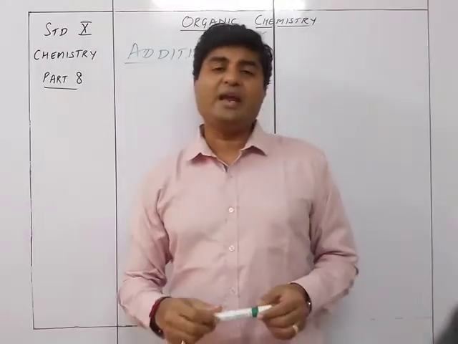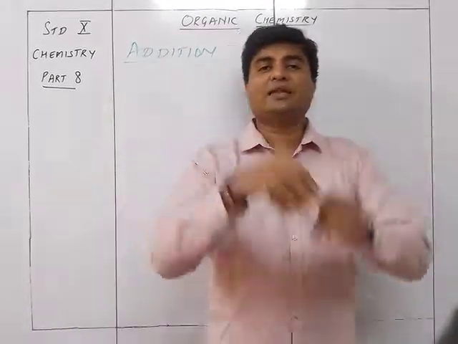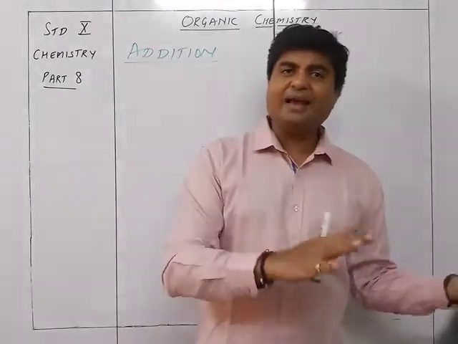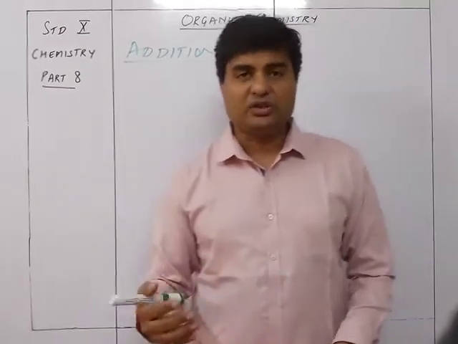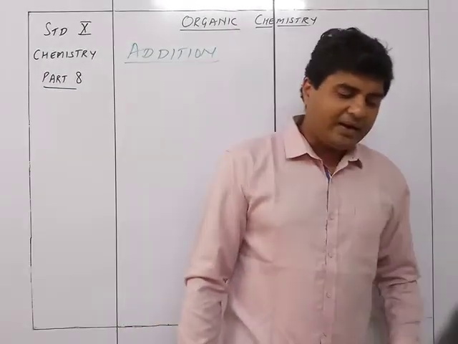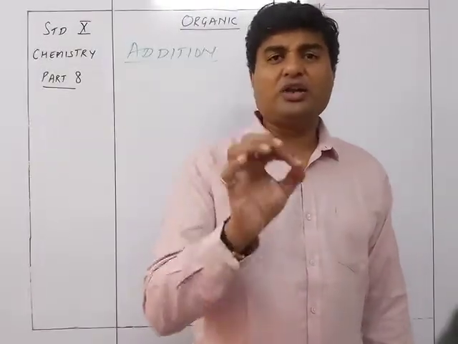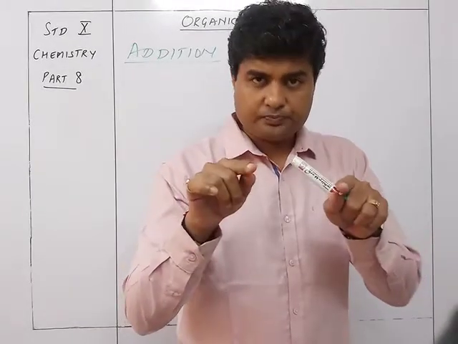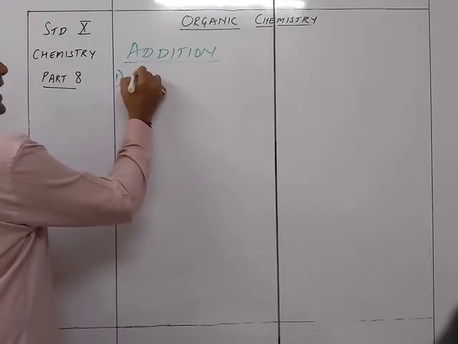Whenever any particular substance comes in contact with this, it will go straight inside. The double bond opens, that is, the alkene gets converted to alkane, along with the addition of that particular substance. So first of all will be catalytic hydrogenation. The name itself tells you: hydrogenation means open one bond and insert hydrogen. So the first one is hydrogenation.